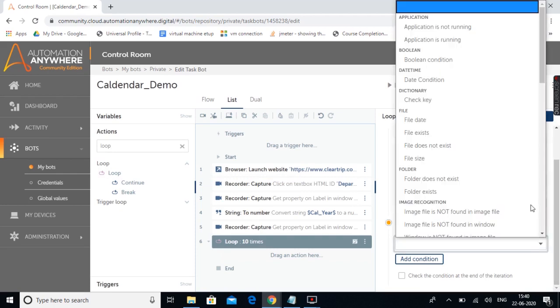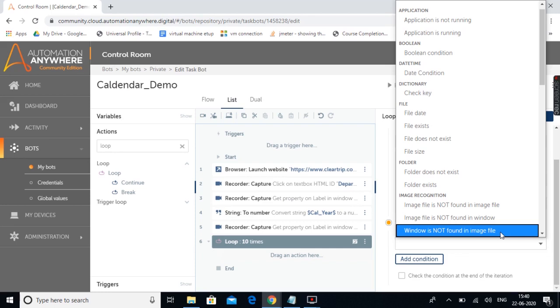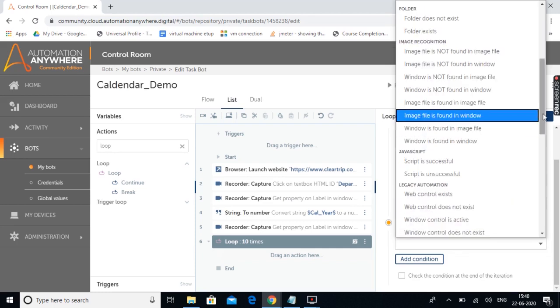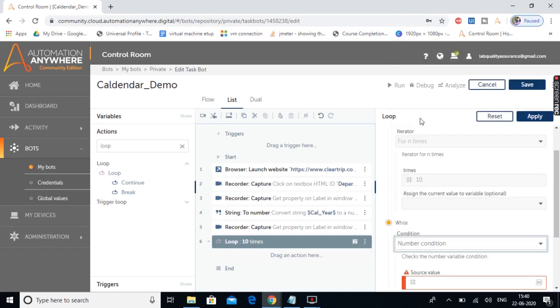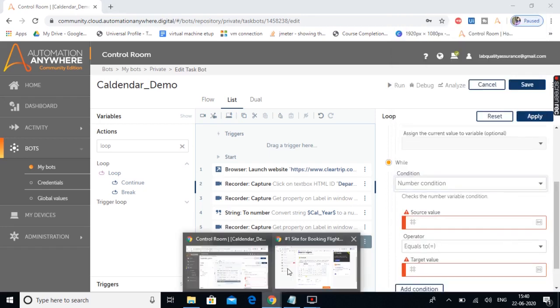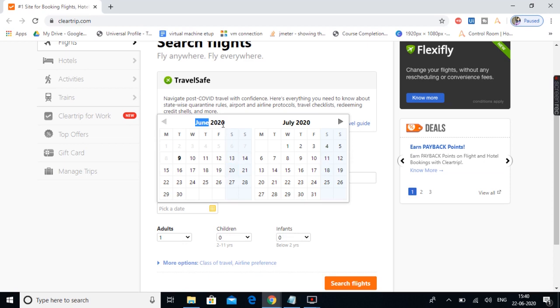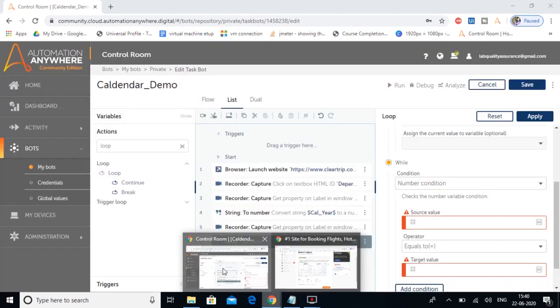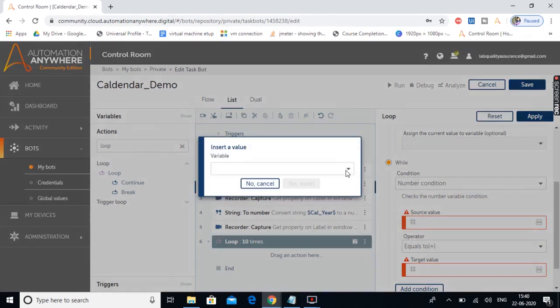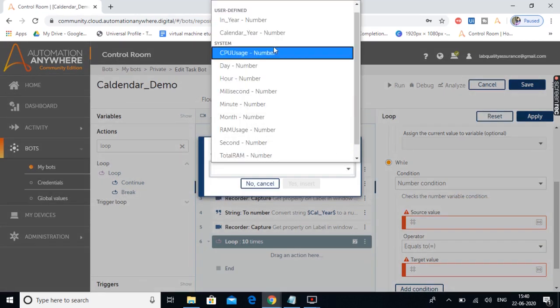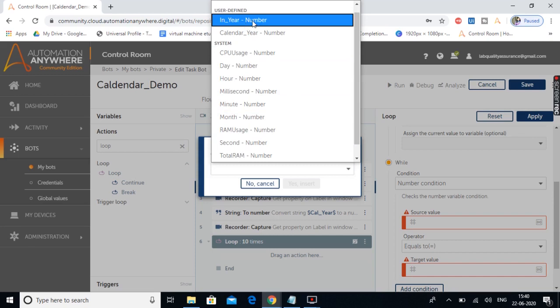If you select this drop down, we have multiple options present. We are going to go with the number condition first, to match the year, which is a number. I'm going to provide the source value by pressing F2, and from the drop down let's select this input year, that is the year which the user provided.